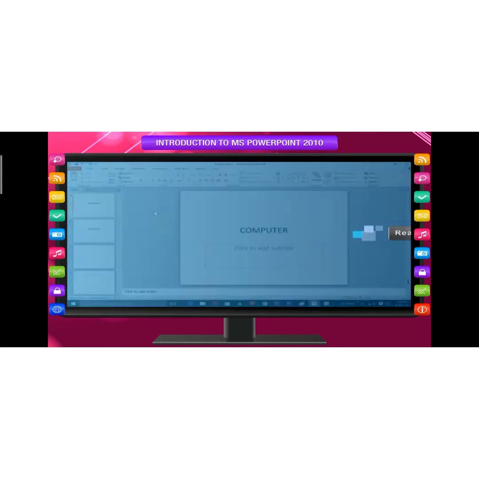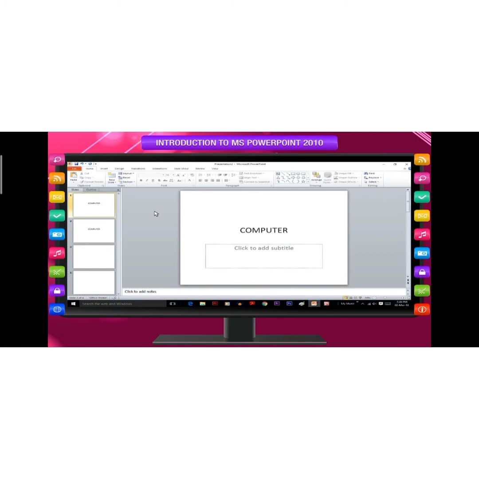Rearrange the order of the slides on the Slides tab. Click the slide that you want to move and then drag it to the location that you want. To select multiple slides, click a slide that you want to move and then press and hold Ctrl while you click each of the other slides that you want to move. In case the slides to be moved are in serial order, click to select the first slide, move up or down to the last slide, press the Shift key and click to select the new last slide.